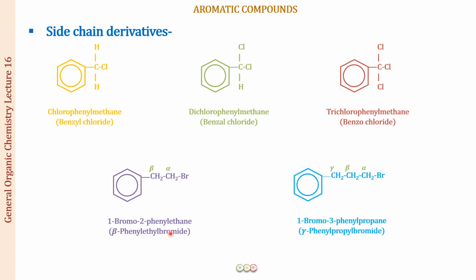And one more structure, similarly you can see, this is going to be carbon number 1 next to the bromine, 2 and 3. Phenyl is going to be at 3 position, bromine is going to be at 1 position. Both of them are going to be substituents as a prefix. So 1-bromo-3-phenyl propane, and the common name, alpha, beta and gamma, so this is gamma phenyl propyl bromide.